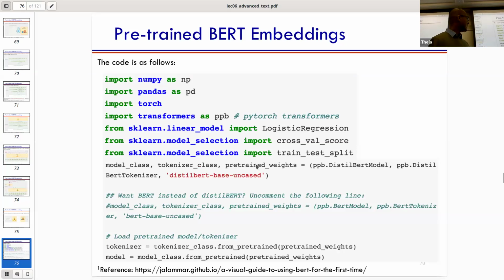So here we're just defining the classes, two classes and a string, and we're going to create objects from those two classes. For example, at the bottom, you can see that from the tokenizer class, we pass the appropriate string and get the tokenizer object. Similarly, we can get the model object from the model class, again passing the appropriate string, so that we know what the right tokenizer is and what the right model is. They come in combo like this.